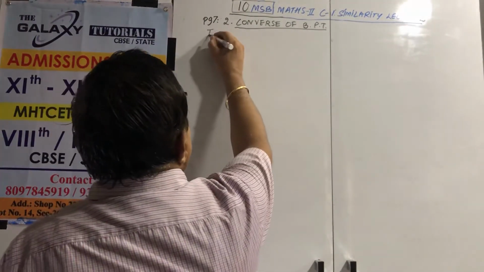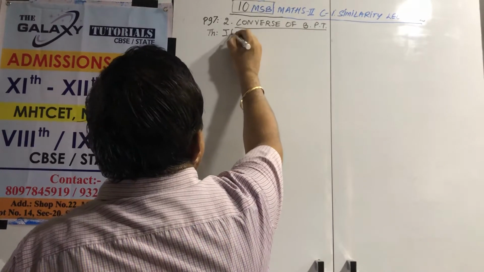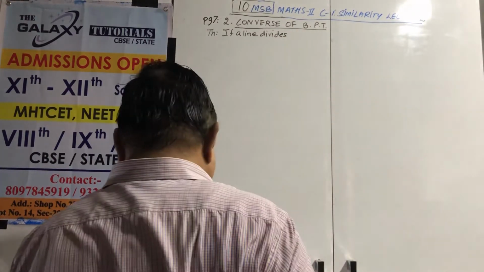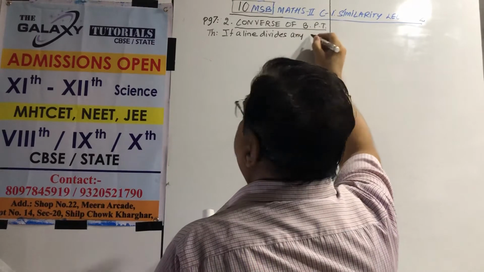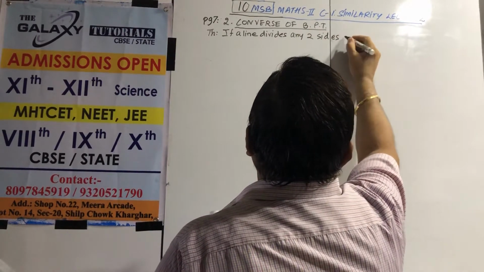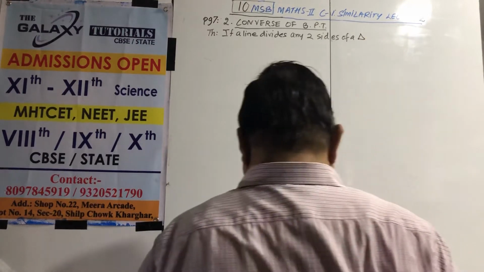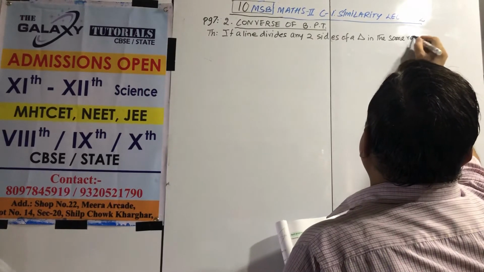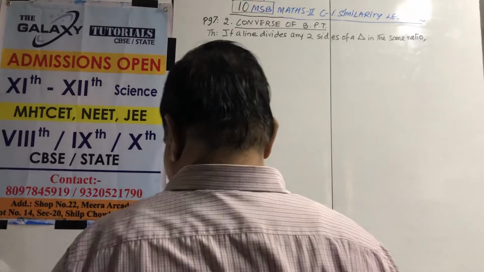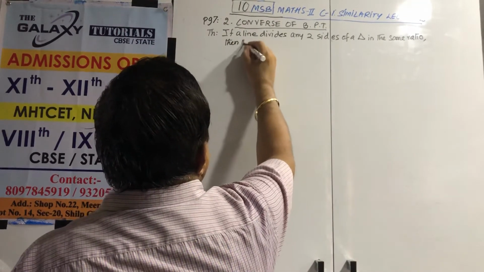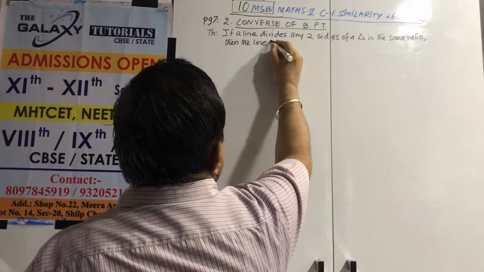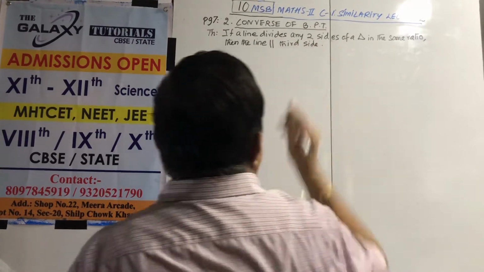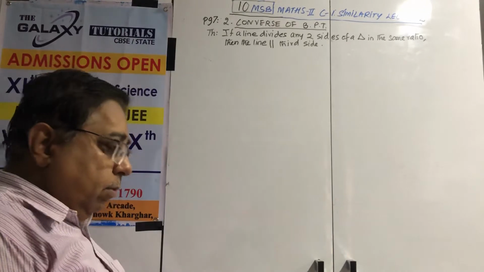So the theorem: if a line divides any two sides of a triangle in the same ratio, then the line is parallel, okay, to the third side. That is what the theorem says. Okay, so